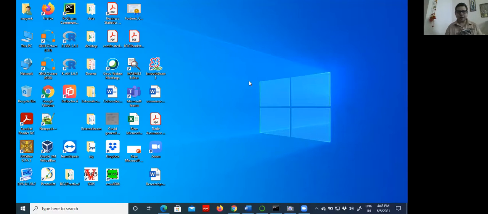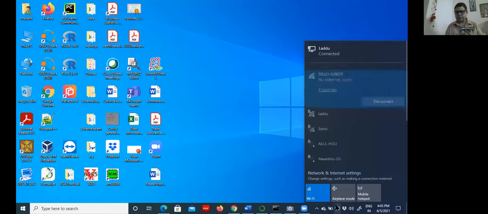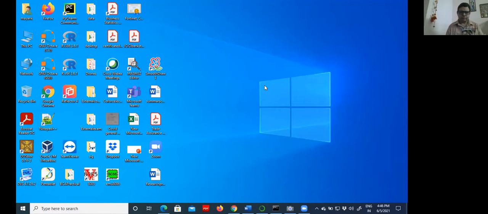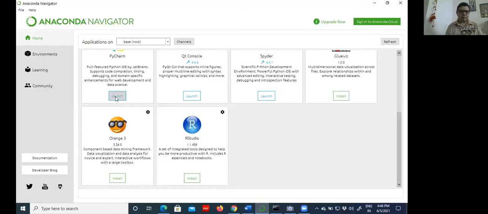One connection is through the LAN, so that I may interact with you through the internet for the recording. Secondly, I am using this free-port Wi-Fi environment through this particular window, and I connected this Tello drone. Now it is connected.